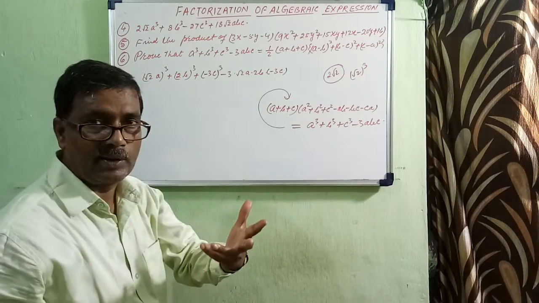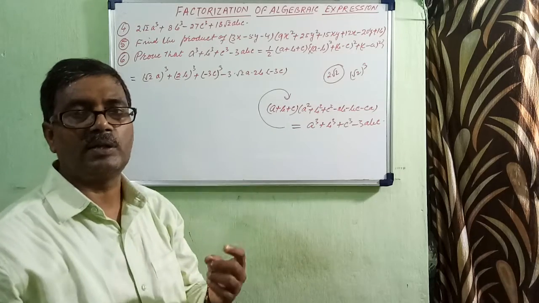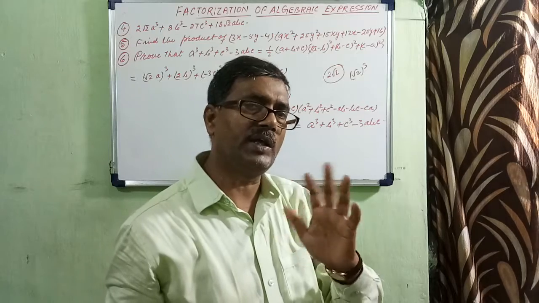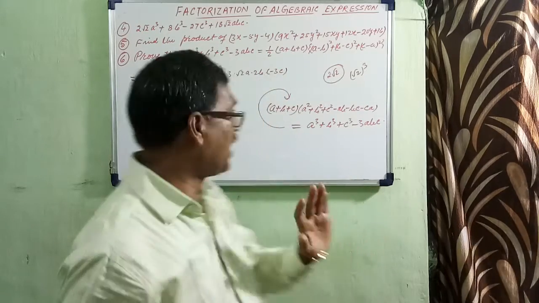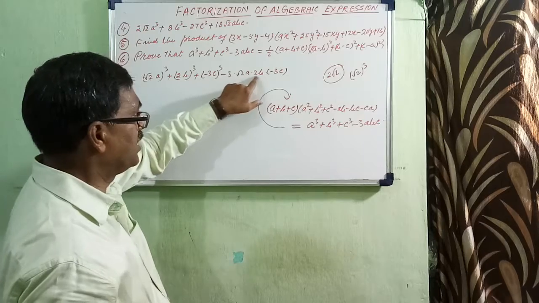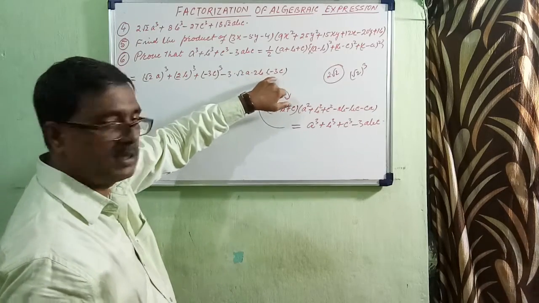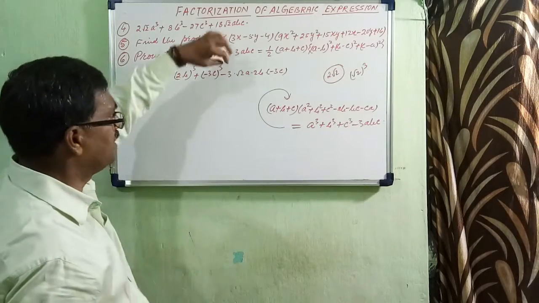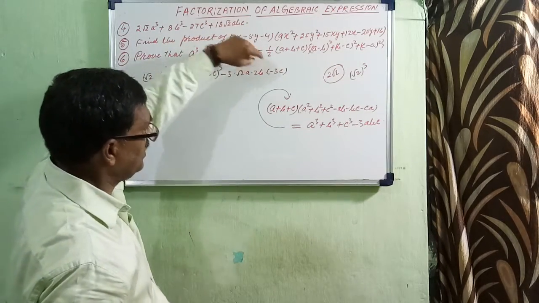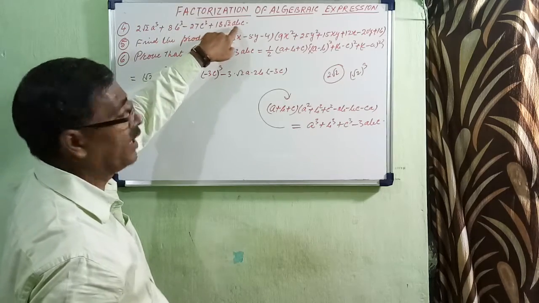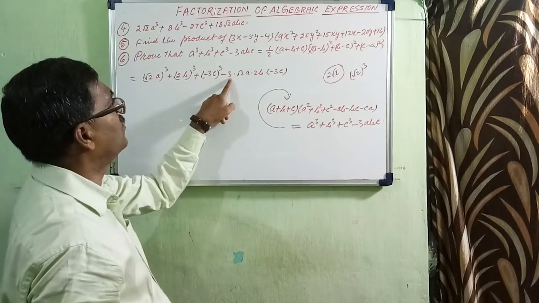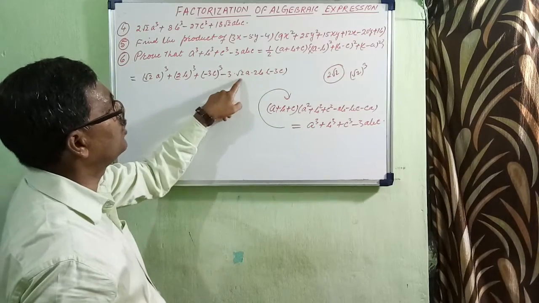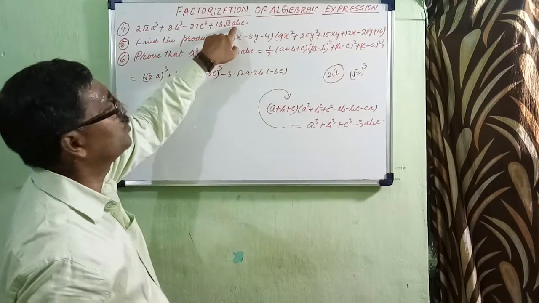After writing the identity, how can you write the identity? When you recognize a, b, c. So always try to find out the values of a, b, c, and after finding out a, b, c, write down the third term, that is 3abc. So it is exactly in this form, and now your work is to see if you multiply it, will you get plus 18 root 2 abc or not? See, 3 2s are 6, 3 6s are 18, minus minus plus, 18 root 2 abc, 18 root 2 abc.